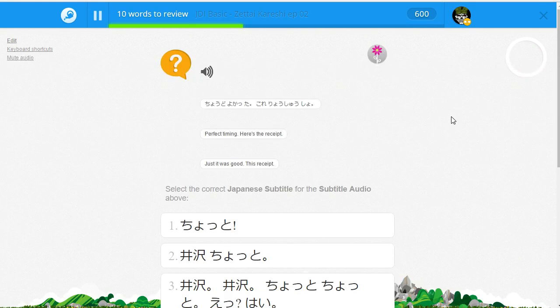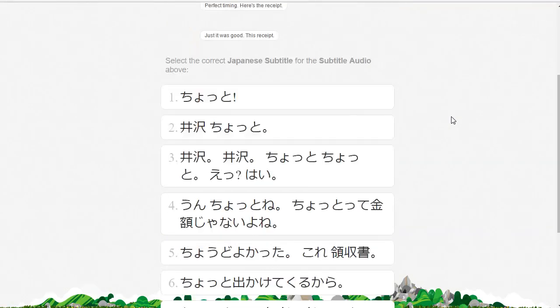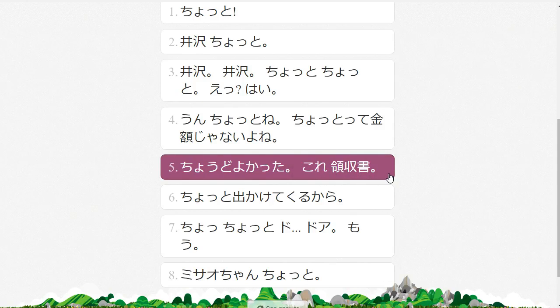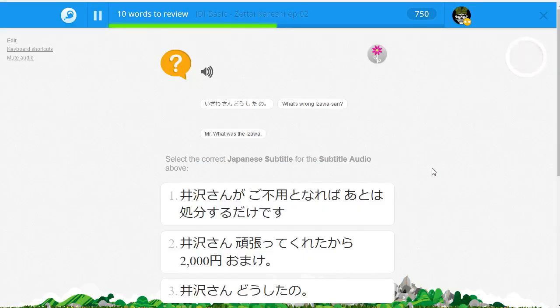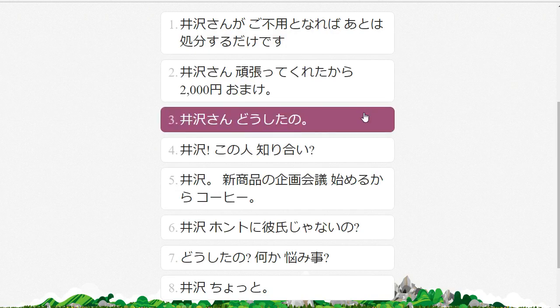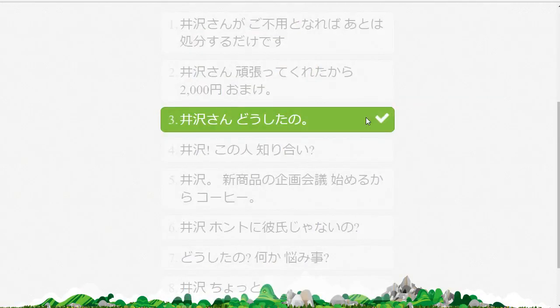ちょうどよかった。 ちょうどよかったこれ領収書これちょうどよかったこれ領収書jurisdiction shoe which actually income there show writing 領収書ちょうどよかったこれ領収書 伊沢さんどうしたの？ 伊沢さんどうしたのどうしたのどうしたの伊沢さんどうしたのどうしたの